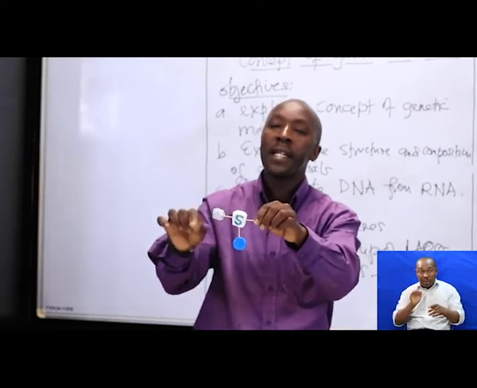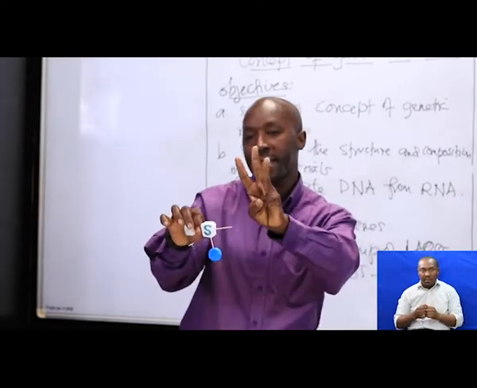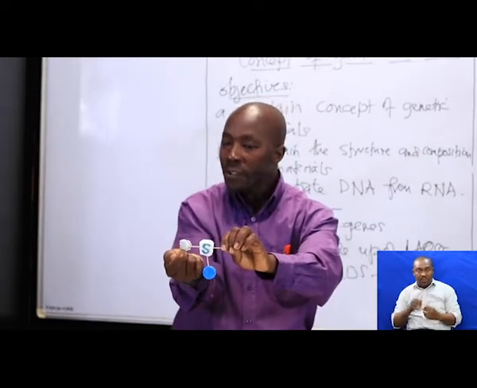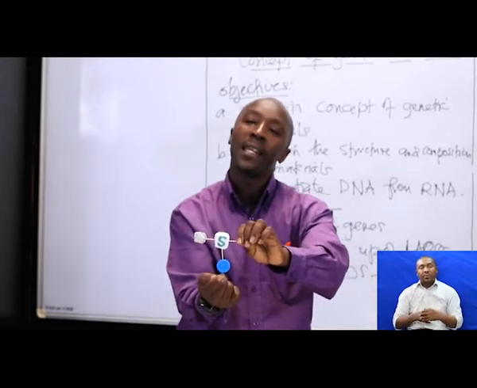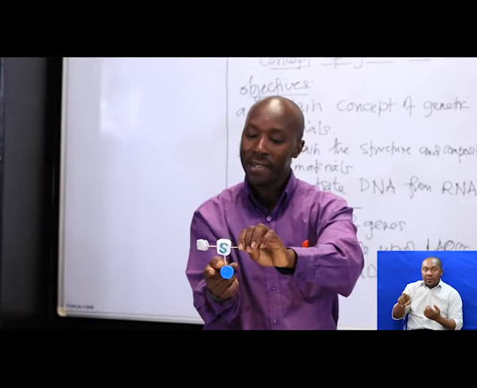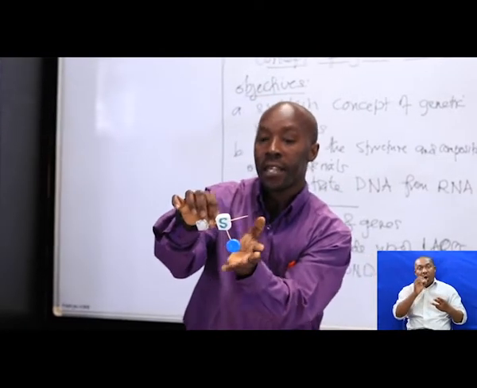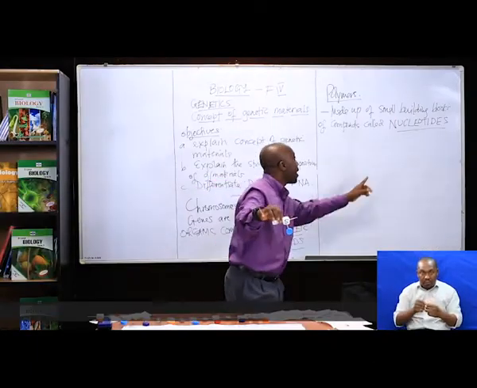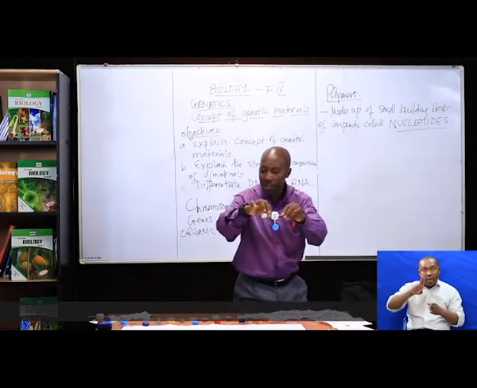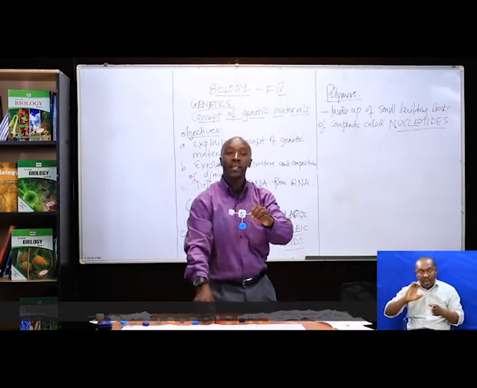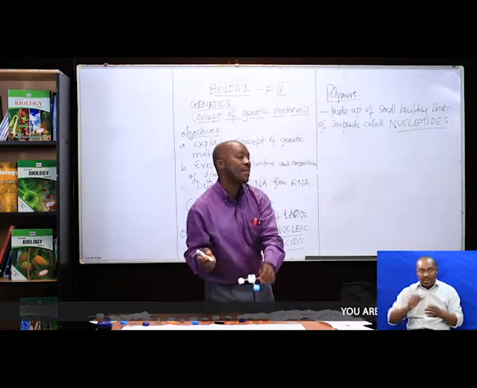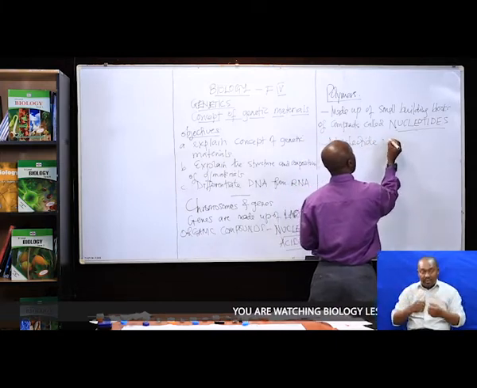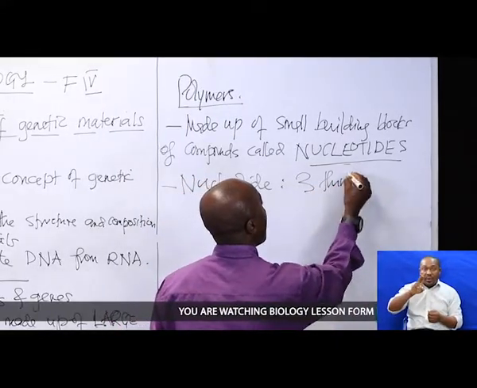And this smaller building block consists of how many things? Three things: sugar, phosphoric acid, and organic base. These three things together form a smaller building block called a nucleotide. So the nucleotide, my dear student, consists of three things, namely: